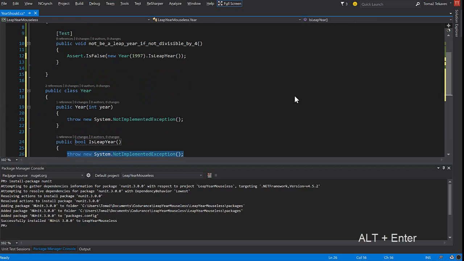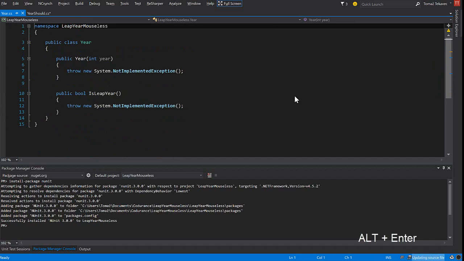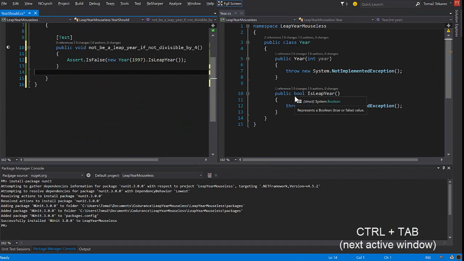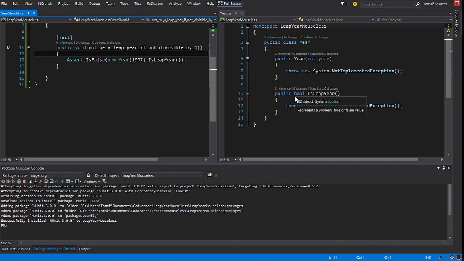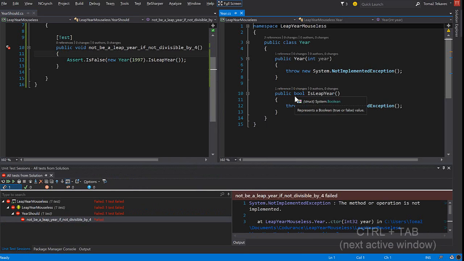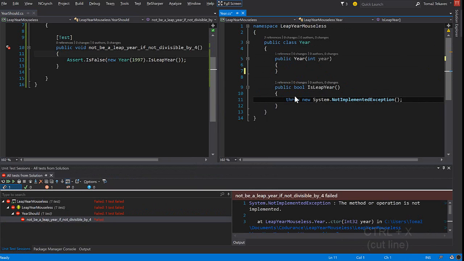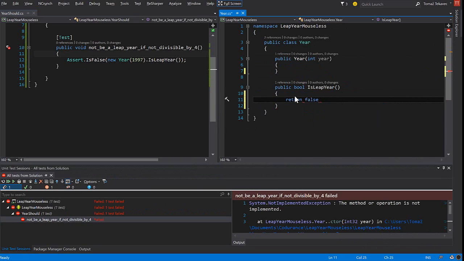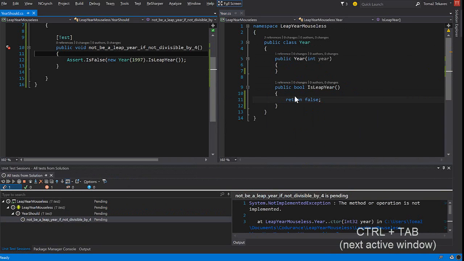So, I have now my first class with default implementation, but before going further I would just like to arrange windows so I can see tests on the left side and implementation on the right side. Test is red, of course, and I have to correct my implementation to pass it, which is quite simple in this case,